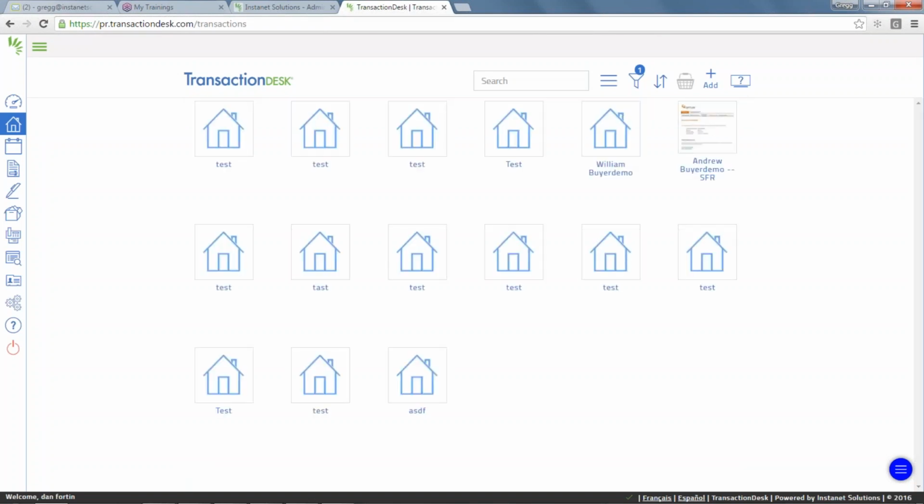Now, this is my personal account. I'm viewing it as an agent, as a broker. I do have visibility into transactions being created by the agents in my office. We'll see that a little further in the demonstration, but you see we have a lot of test transactions here. But I'm going to click on the one that I